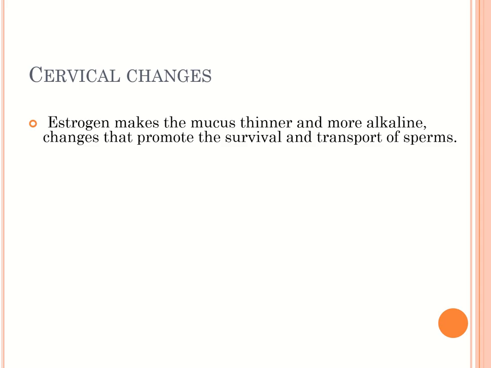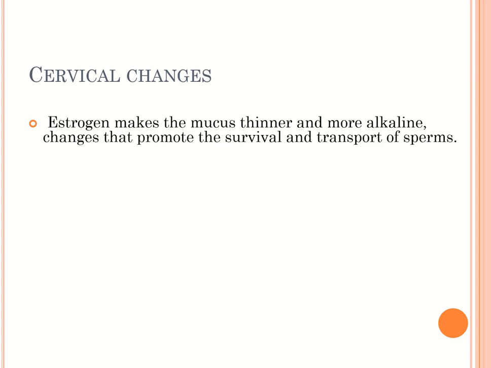Around ovulation, the cervical mucus is very thin because of estrogen, and this easily facilitates sperm entry from the vagina to the cervix to the endometrium, because fertilization will happen only in the ampulla of the fallopian tube, right? So the sperm has to travel up along the female genital tract, and that is facilitated by estrogen.